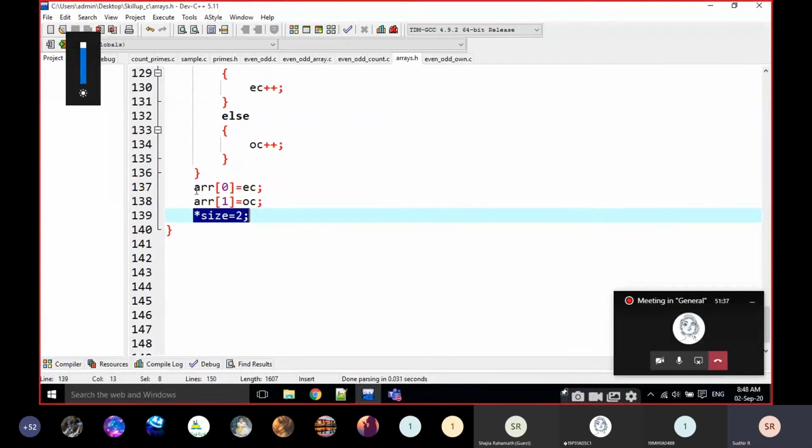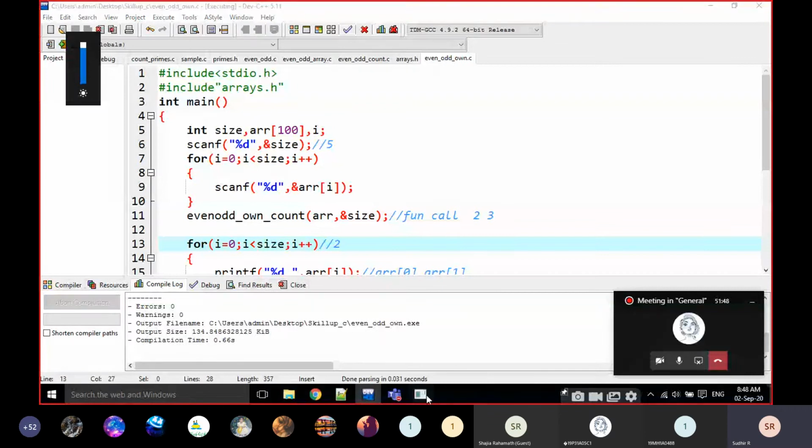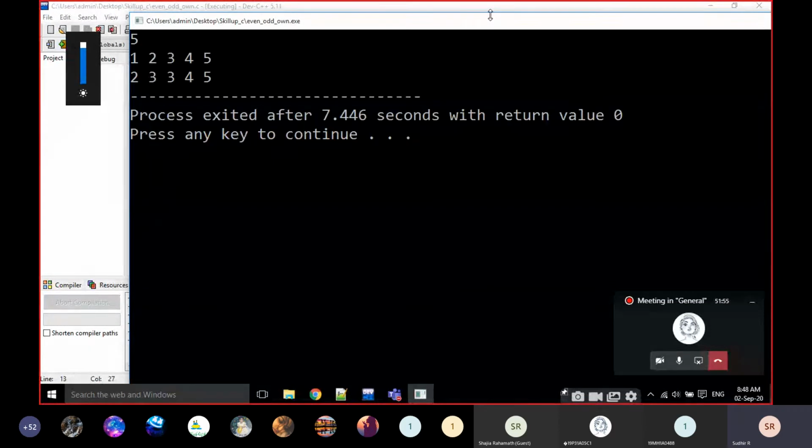Okay, then how many values am I going to consider? For example, this line is not there. Okay, students, this line is not there at all. I am going to execute the program. Just look at the values: 5, 1 enter, 2 enter, 3 enter, 4 enter, 5. These two values are modified. Why? Because this is the even count and this is the odd count. And the remaining are 3, 4, and 5.